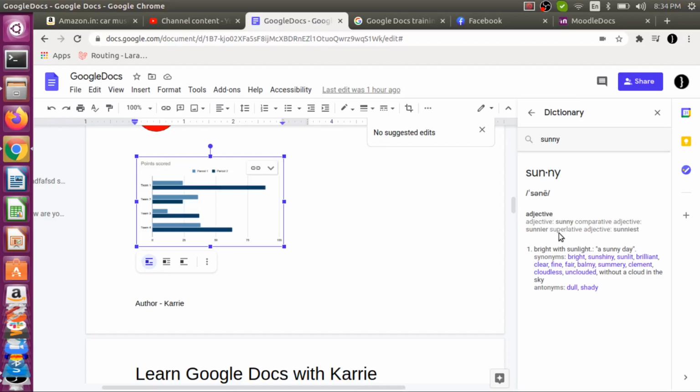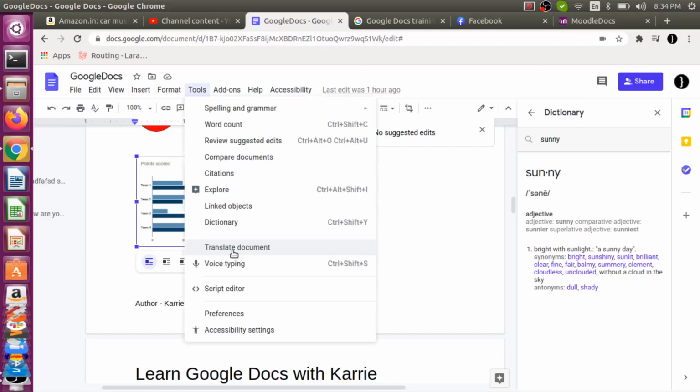Then the next option is translate document. I have used that option, and it's a very beautiful option that you can directly translate your whole document to any other language, right. For example, from English you can easily translate to Dutch or Spanish or any language, right. If I want to translate from Hindi or Punjabi, it would be somewhat difficult, because it will not completely translate that, but still it's beneficial, right.